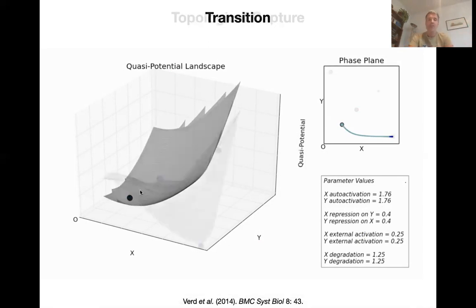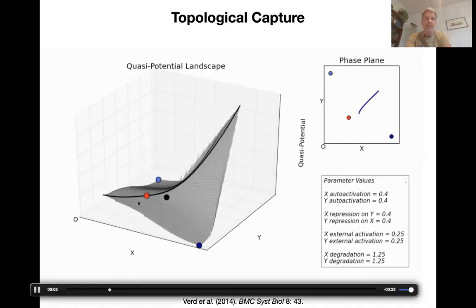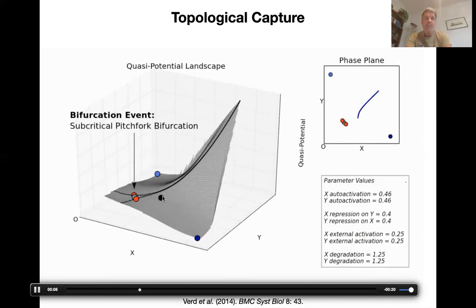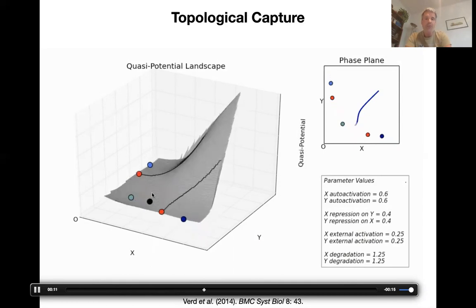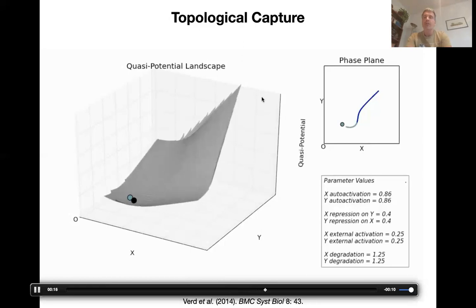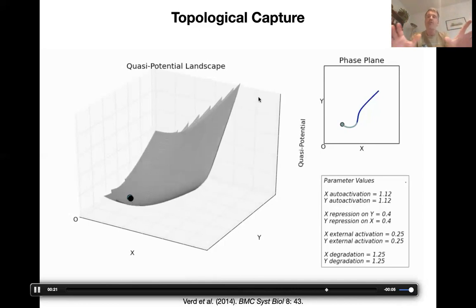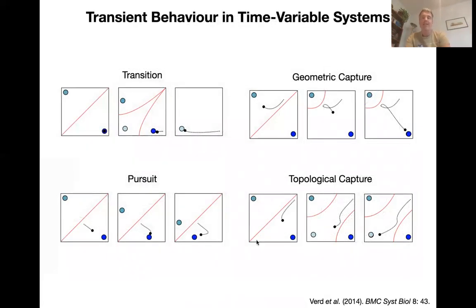But there are different possibilities. Here is one where the system is still rolling down the landscape, and then the bifurcation occurs when the system is still very far from the steady state. And now it sort of gets caught. There's a capture in a new basin of attraction. And so we called this a topological capture because the topology of the phase space had changed because of a bifurcation. Remember, bifurcations change the relative arrangement, the relative number of attractors, and so they change the topology of the landscape. Okay, so you can come up with a bunch of different behaviors, and we classified them into 4 types of behavior,